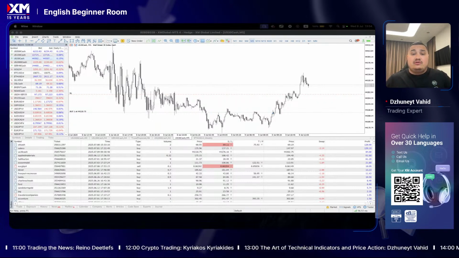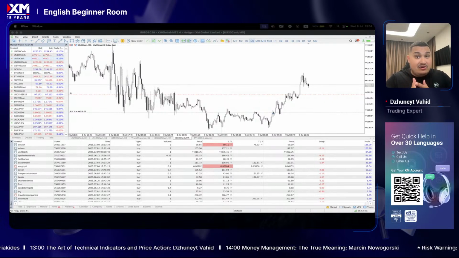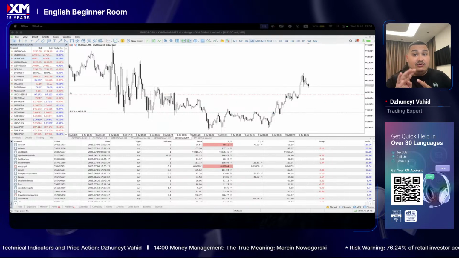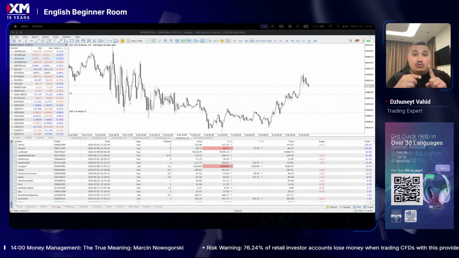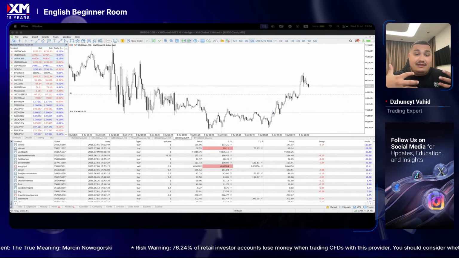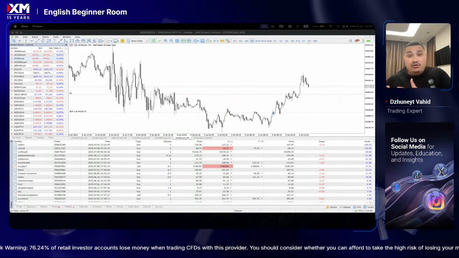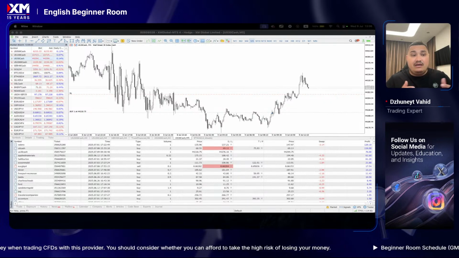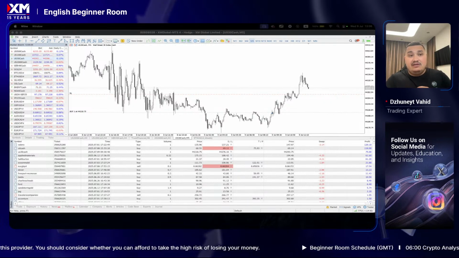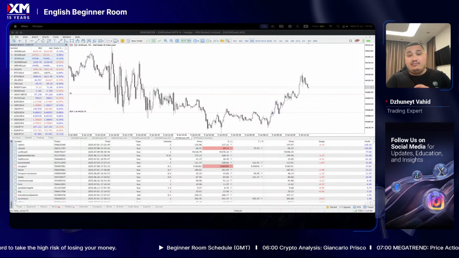So we use chart patterns, candlesticks, trend analysis. We can support all of these if we want with technical indicators. I'm going to have a session at 4 p.m. later on today. Platform time now is 1 p.m. So in 3 hours from now, we're going to add technical indicators to see how we can get help from them, where we can use them, when we can use them in the trend following, in the trend reversal environment, how we can actually take advantage of these indicators, fundamental factors, sentiment analysis, everything that can help us to increase the